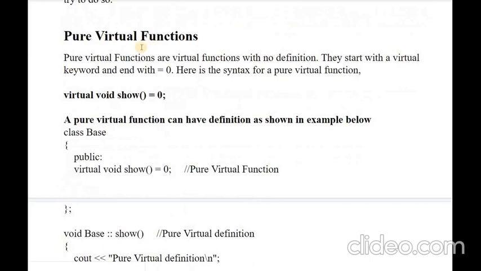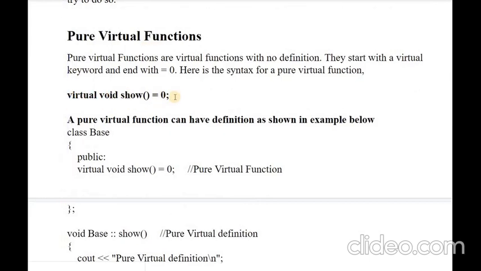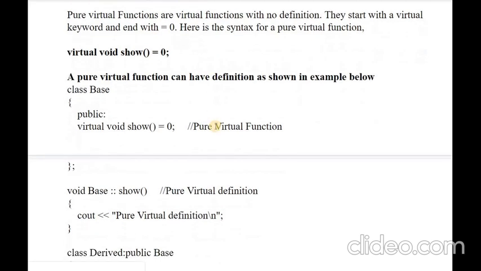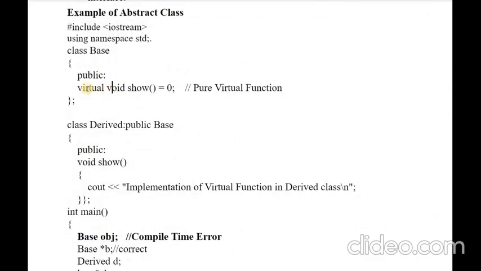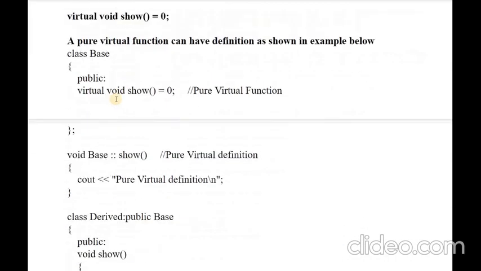Pure virtual functions are defined in this manner, written as equal to 0, and a pure virtual function can have its own definition also, but there is one condition: you have to define that definition outside the class. We have seen the example of how we declare a pure virtual function inside the base class. If the base class wants to print some message or execute something through this pure virtual function, then it can also define a definition for this pure virtual function. How can we achieve this?